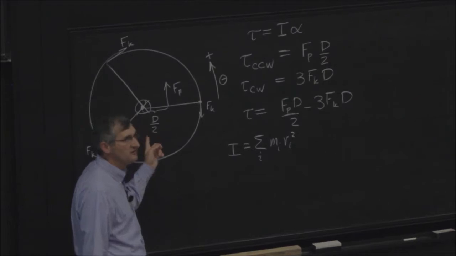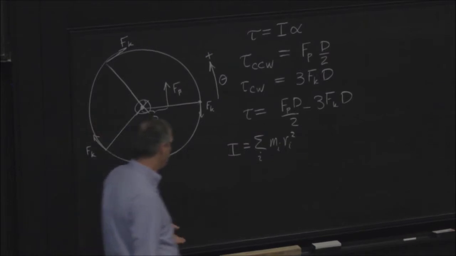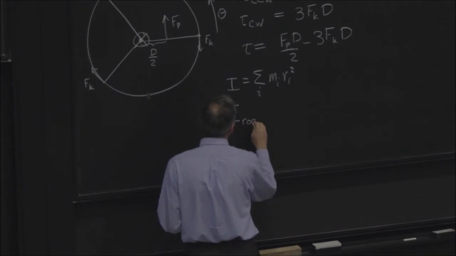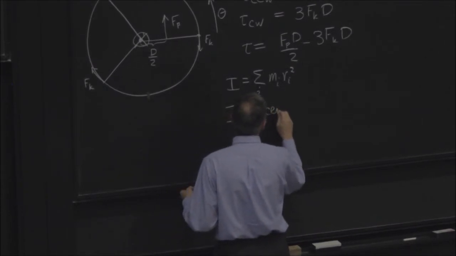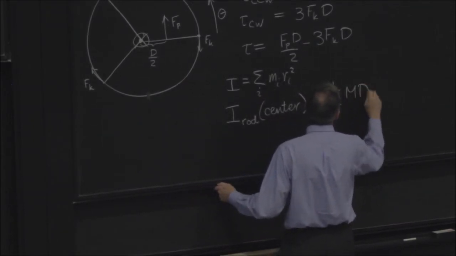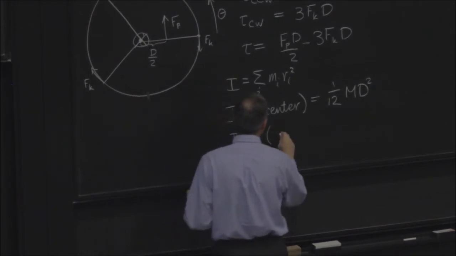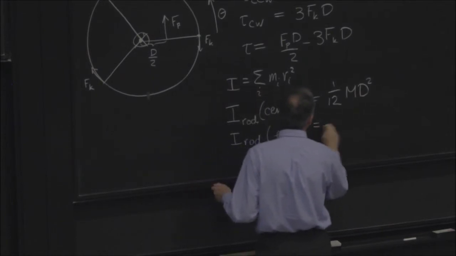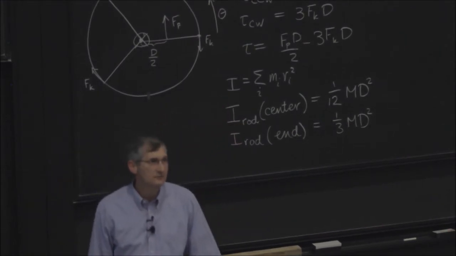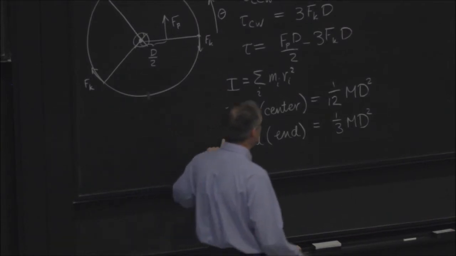So what's the moment of inertia of one of them? Do we remember? 1/3, mumble, mumble. Okay, so I of a rod about its center would be 1/12 md squared. And I of a rod about its end would be 1/3 md squared, and we could get that from the parallel axis theorem, because